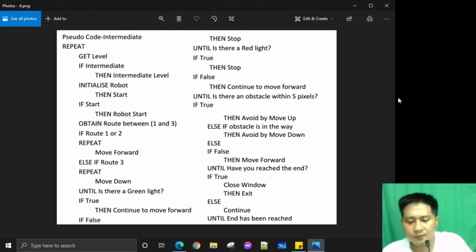So yan. Siguro may mga process dyan, yung parang shortcut na lang. Kaya ganito, IF start or initialize robot. So hindi na i-complete yung ibang sentence. Because there are rules that you have to follow in creating pseudocode also. So hindi mo kailangan na buuin talaga yung completong sentence as long as it is understandable by a programmer. So what is supposed to be done in the computer program. Okay, so